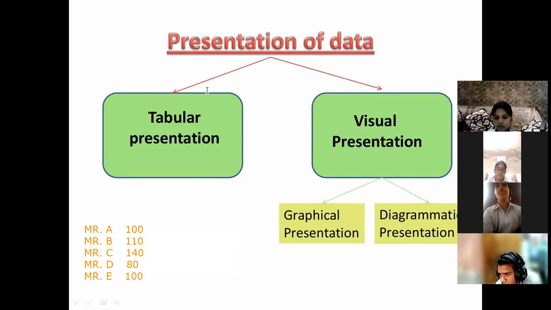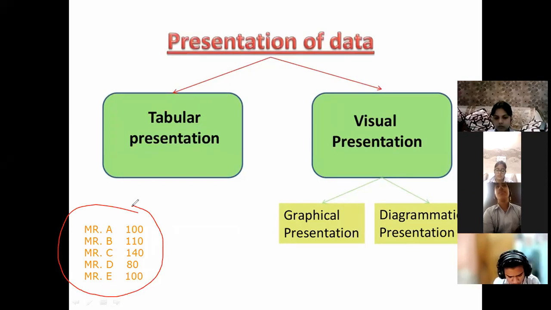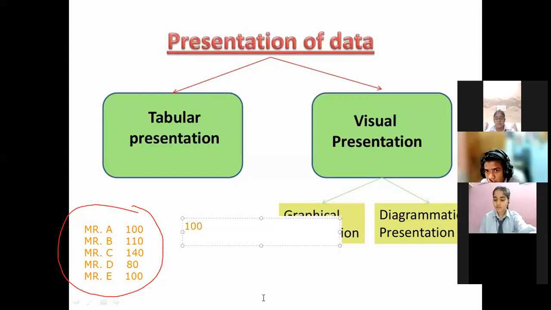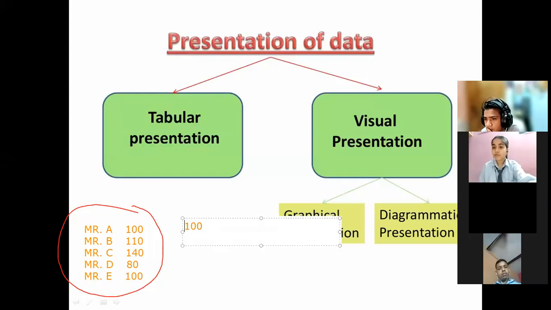This is simply the collection of data, and you know it is in the raw form. Why is it in the raw form? Because it has not been arranged. How will it be arranged? We have learned in the previous chapter how it will be arranged. Like we can make a series by pocket money. Before 100 we can see 80 also. After 100 we have 110 and 140. And we can write the frequency corresponding to that pocket money which they are getting.